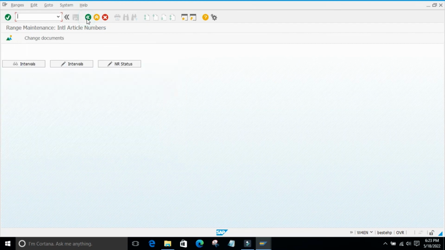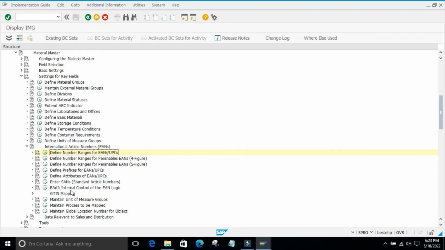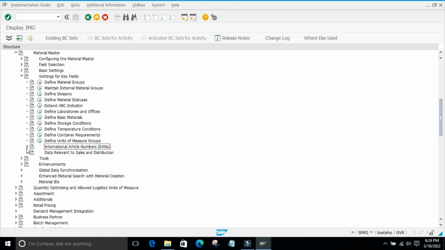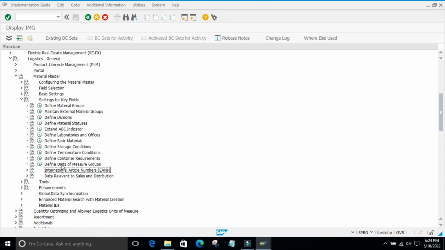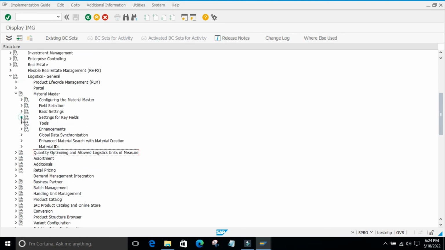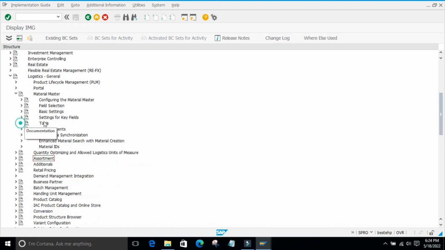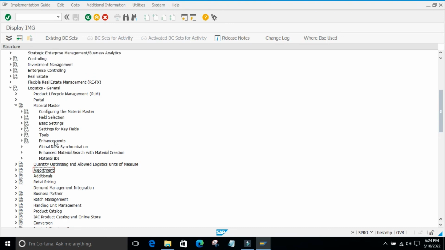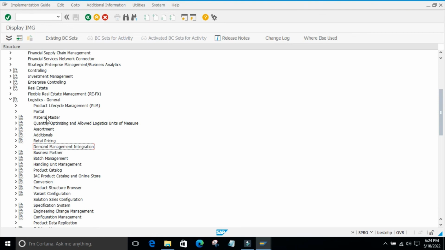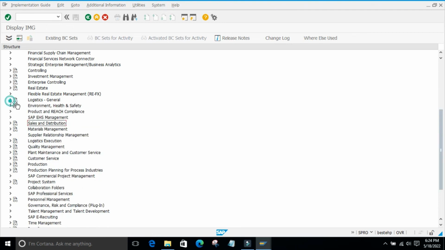Same like we have defined number ranges for materials and all those things, no? These are the measure group process maps, the EAN related things. We have finished this also. Setting for key fields also we are done with. These other things are not of any importance. This enhancement and all those things will not come under our scope. So as of now, we are done with this material master configuration. Next we will see